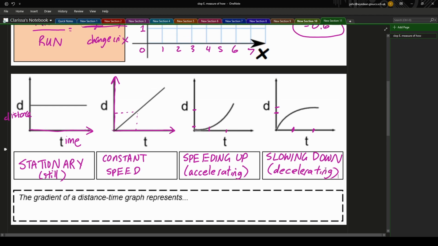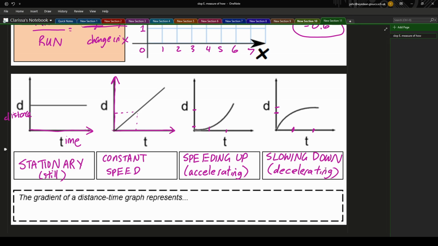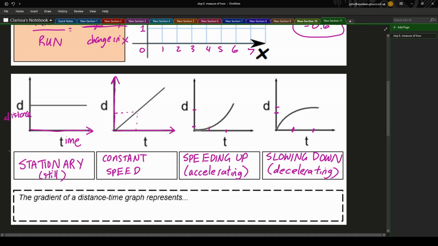Now what links all of this together is the gradient of our distance time graph. Let's look at the left-hand side, on the very first graph we have. Change in y over change in x. Okay, x is changing, our time is changing, but did our value of y change at all? Did it go up at all? No, it did not, right? It stayed the same. So the change in y is 0,